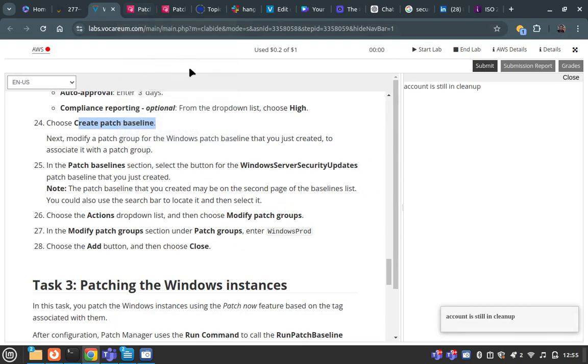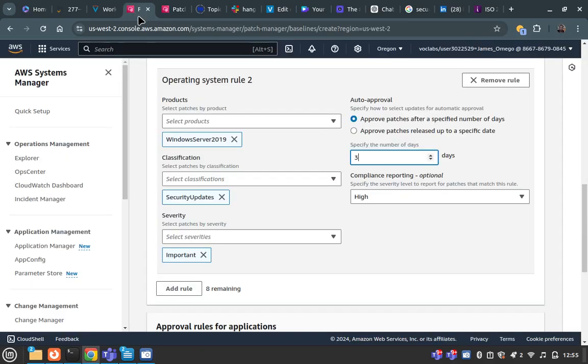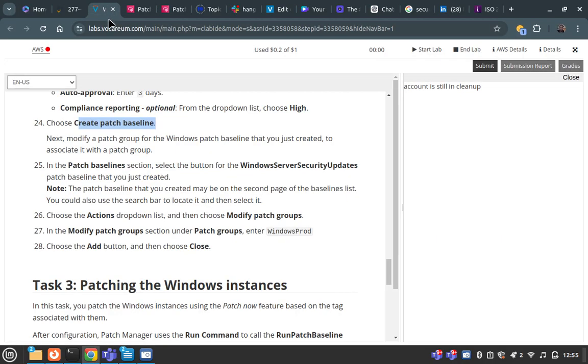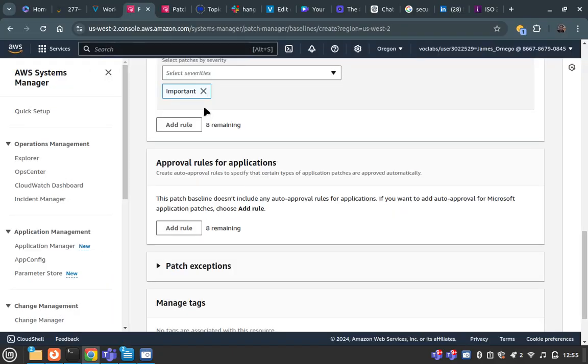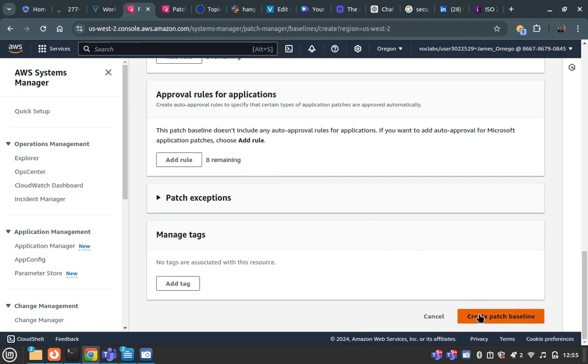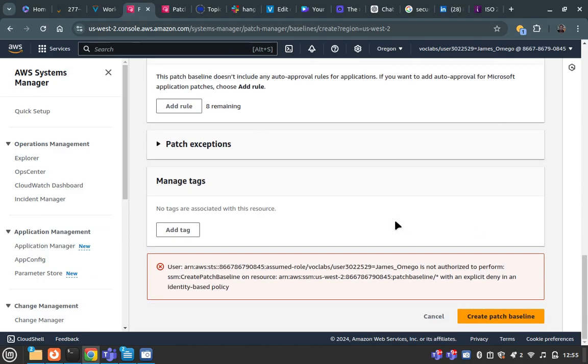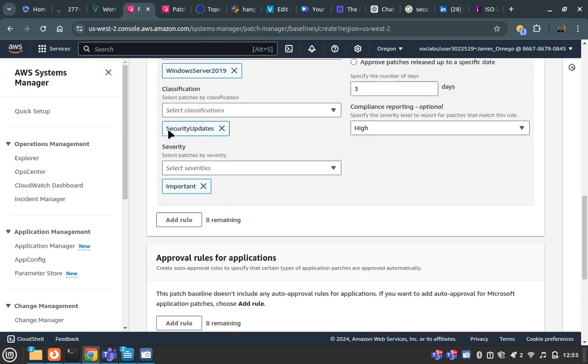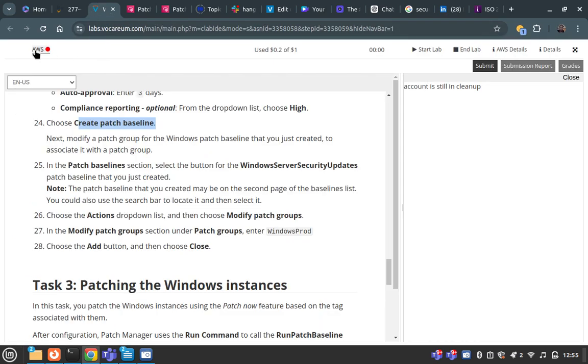So we go with the create baseline patch, and it seems like my lab has just ended, which creates a lot of problems for me. Yes, it's a lot of problems for me. Right, so